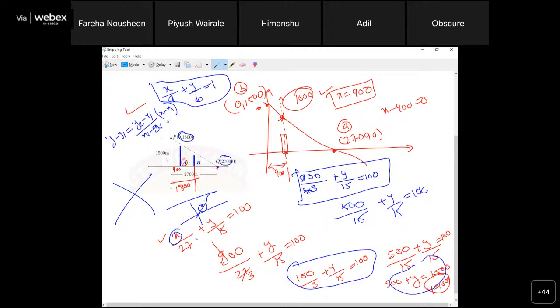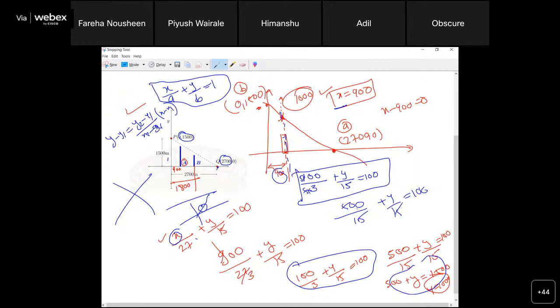Where did we get this 900? First, this 900. We have to find the maximum height for this tower, because it is given to us that it's at a horizontal distance of 900. So the equation of this particular line is x equals 900, right? It is parallel to the y-axis.